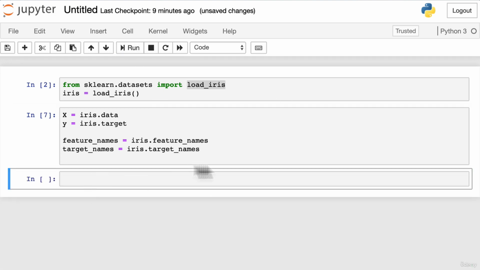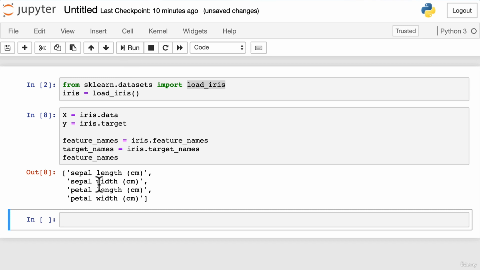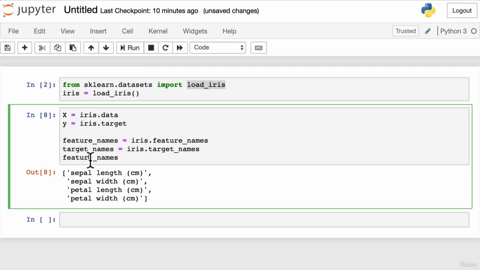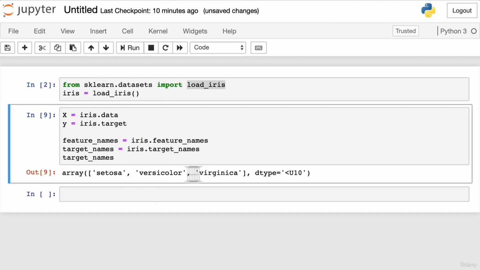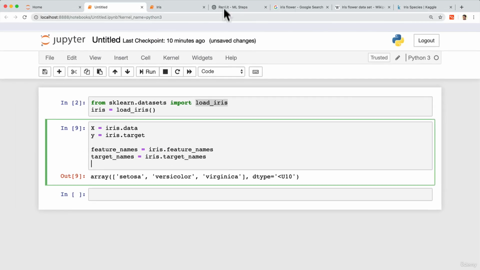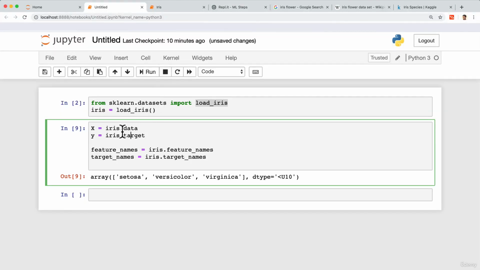Again, if I run this, let's do feature names first. There's the columns. And if I do target names, you see that these are the 3 options. So up until now, we've imported the data. We didn't have to clean the data. We haven't really split the data yet, but we're at least starting to understand our data and perhaps what it